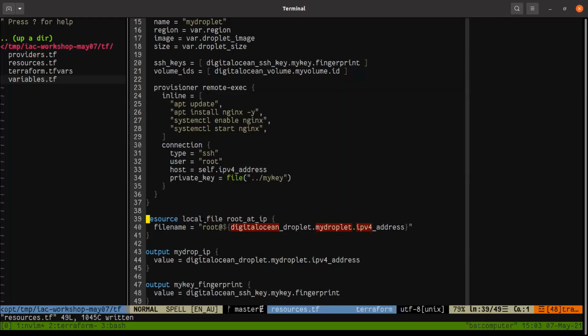Let's imagine a case where you're using Terraform to provision a whole bunch of servers, right? Once you provision a whole bunch of servers, you want to use something like Ansible to install and to configure these servers. The way Ansible works is that Ansible needs a list of IP addresses, which Ansible calls inventory. You can write a template file, pass your list of IP addresses to the local file provider, and get the template to format and to output to create a file using these IP addresses to generate an inventory file for Ansible to consume.